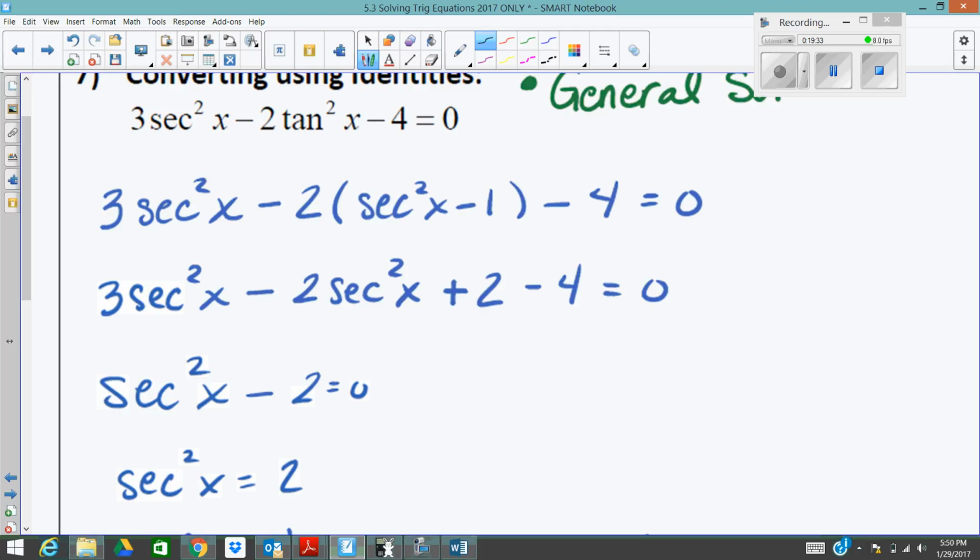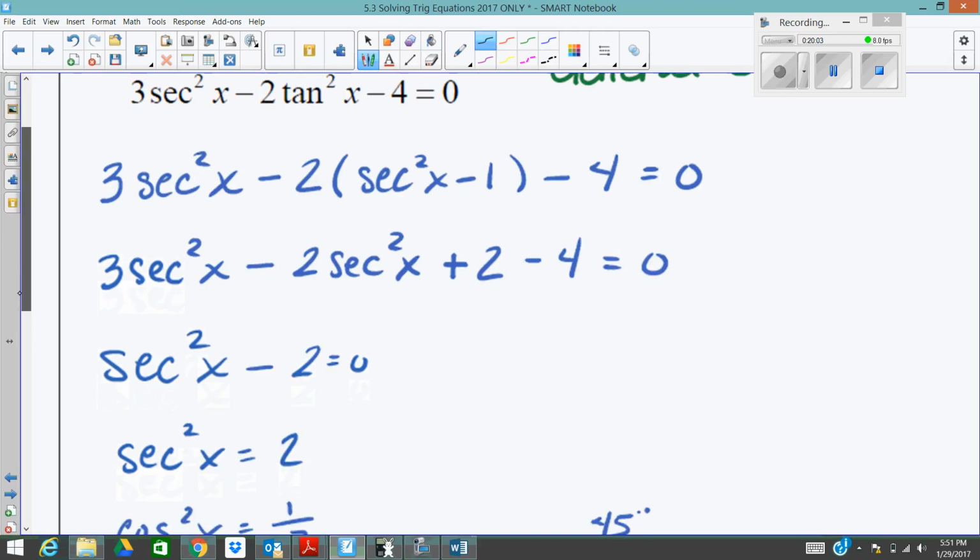So we have 3 secant squared of x minus 2 times secant squared of x minus 1 minus 4. Have to distribute that negative 2. So we get 3 secant squared of x minus 2 secant squared of x plus 2 minus 4 equals 0. So combine the like terms and we get secant squared of x minus 2 equals 0. Add the 2 over, secant squared of x equals 2, square root both sides, so we get